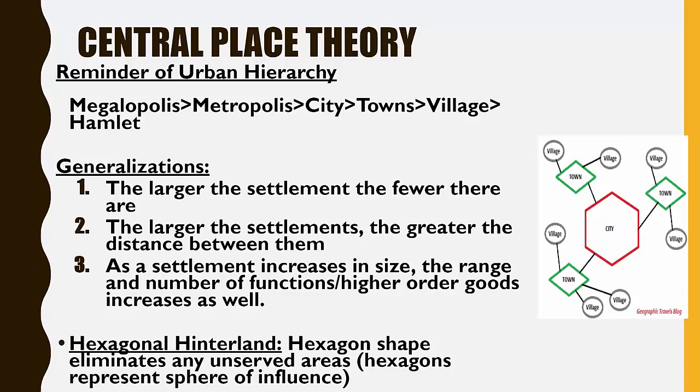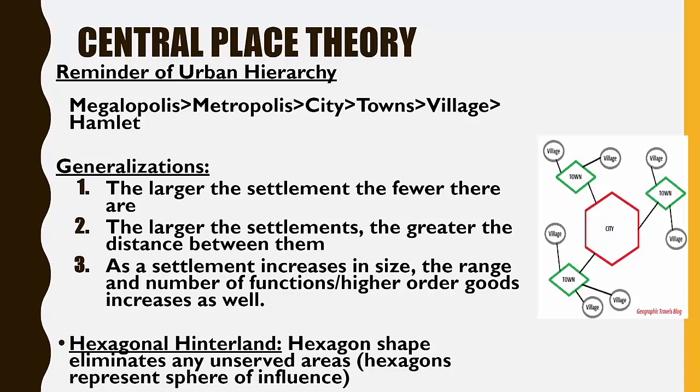People in that area choose to access that city for goods and services most of the time. And what he noticed was the hexagons for large cities tended to be quite large and tended to draw people in from much further away. Hexagons in towns and villages tended to be much smaller in size. And so the goods and services that were provided in those places tend to draw people in from much closer